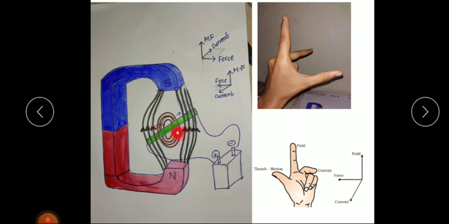If we place this copper wire in a direction parallel to this magnetic field, then it will not experience any kind of force. If it is kept in the perpendicular direction only, it will experience an inward or outward force. If it is kept parallel to this magnetic field, it will not experience any force, because there is no interaction between the magnetic field lines of this copper wire and that of the magnet.